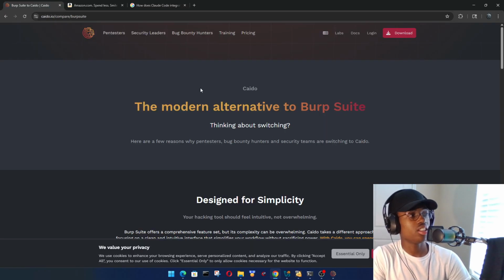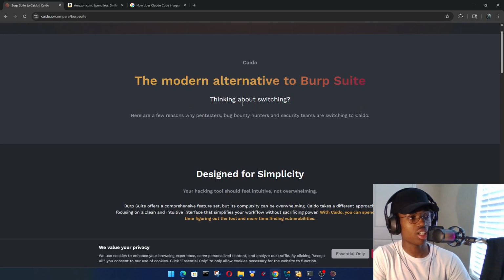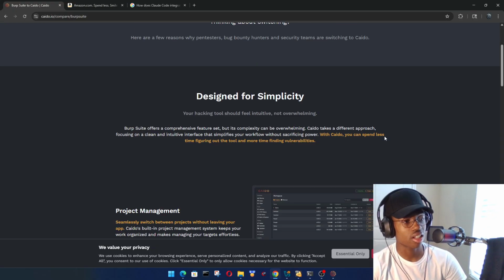Let me go over the official Caido website, which talks about why it says modern alternative to Burp. Thinking about switching? Here are a few reasons why pen testers, bug bounty hunters, and security teams are switching to Caido. It's designed for simplicity. Your hacking tool should feel intuitive, not overwhelming. Burp Suite offers a comprehensive feature set, but its complexity is overwhelming, while with Caido you spend less time figuring things out and more time